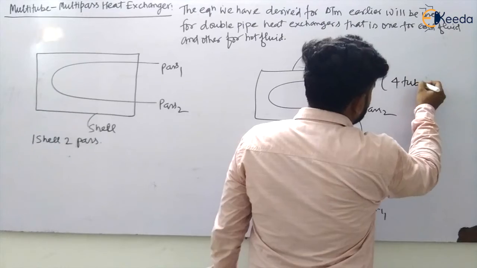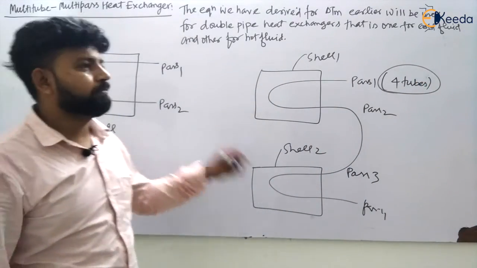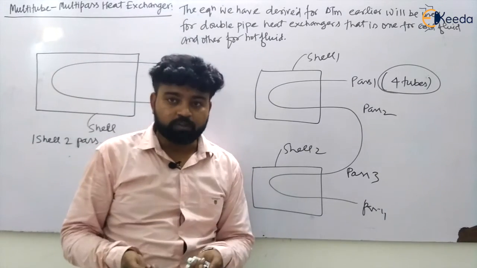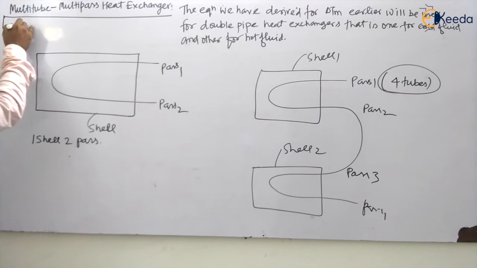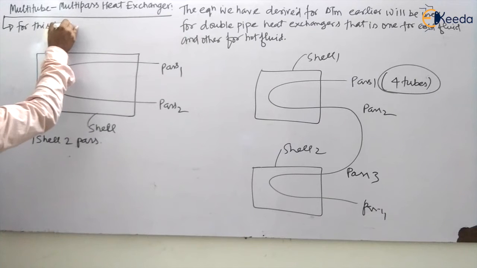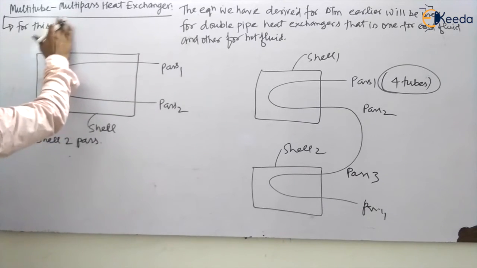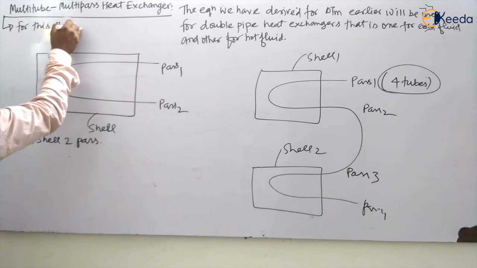If there is a question on this multi-tube and multi-shell, how will you do this question? For solving these kinds of questions, they have introduced a correction factor by which you can easily calculate your delta Tm. So for this kind of questions, we will introduce